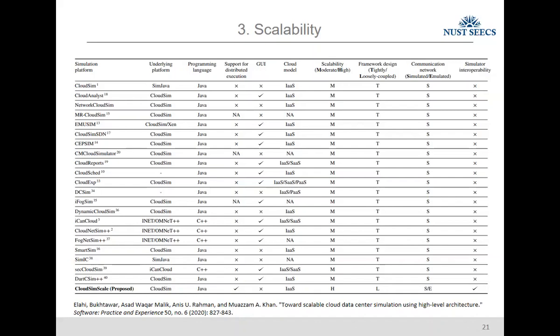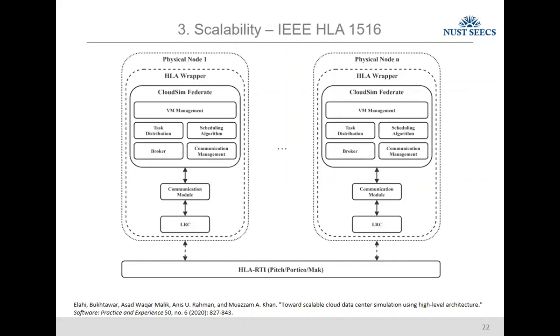So based on the analysis, we propose another system which is based on a high-level architecture, the IEEE standard 1516. It provides us interoperability between different modules running on different systems. This is the high-level architecture. This is a middleware which is running on a system, and apart from that, these are the physical nodes. This would be one data center, and this would be the second data center, running on different nodes, but still they can communicate with each other in the form of a publish-subscribe mechanism. We adopted this and moved towards the cloud simulator, which is a Java-based development, and we want to actually make it a scalable version.